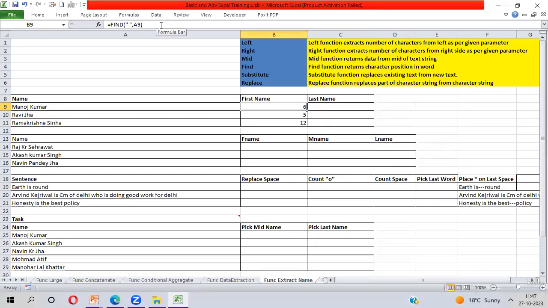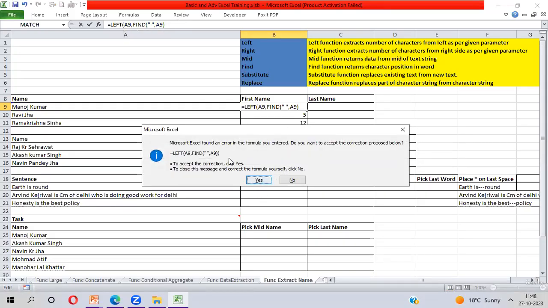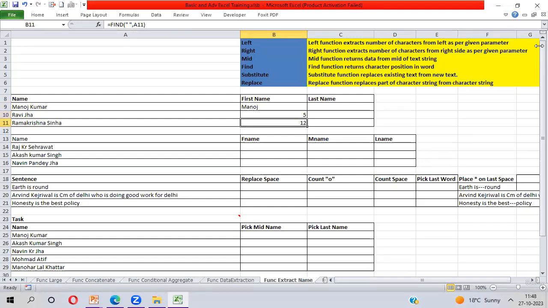Drag downside, your first name will be perfect, but you will get one extra space. So you need to apply the LEFT function here, take text as Manoj Kumar, comma, and then bracket close at last. If you are not putting the last bracket, no problem. Enter. You will get this window, which means it wants to adjust the last bracket. You can see it's automatically adjusting your last bracket. I'm putting only one bracket, but it's showing you have to put two brackets. So click on Yes. Now you can see you are getting the first name dynamically for every name.